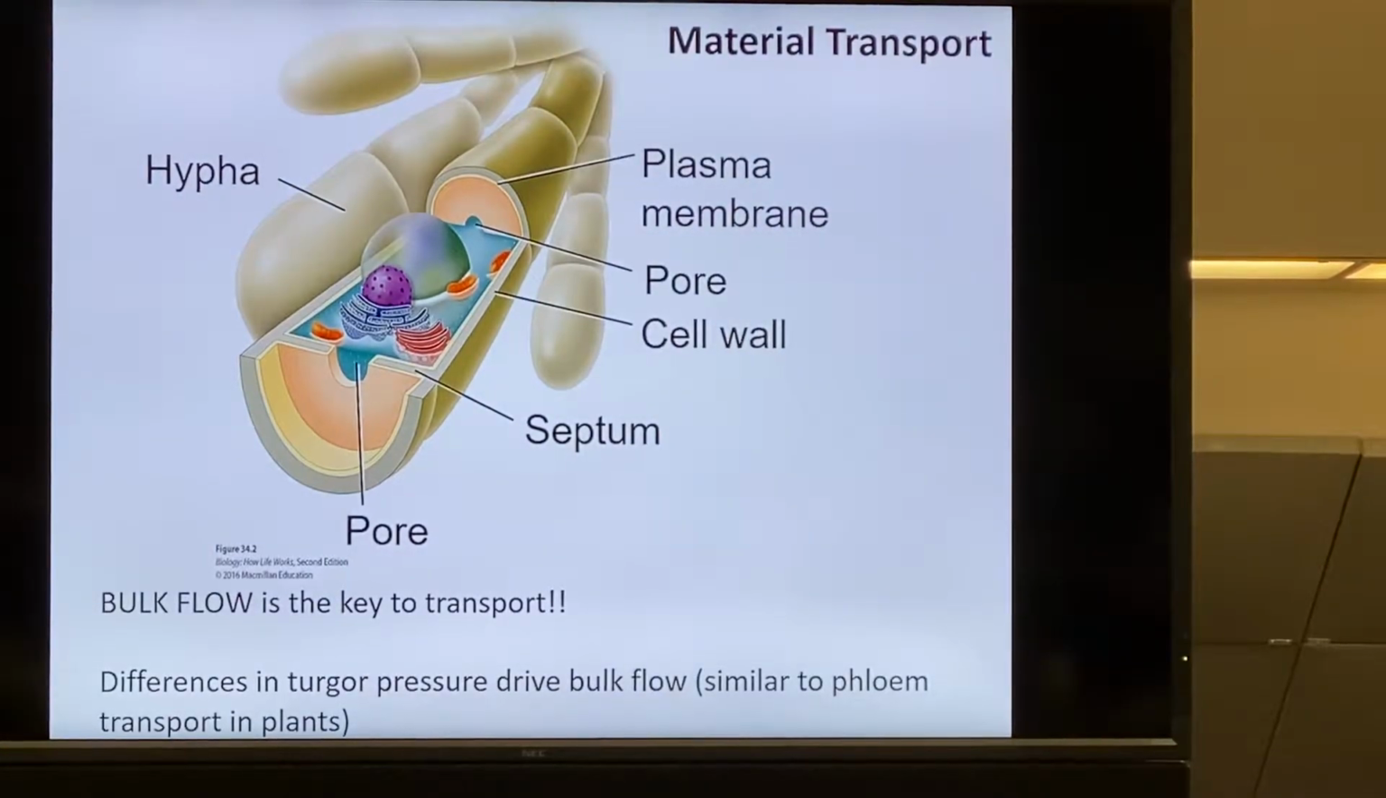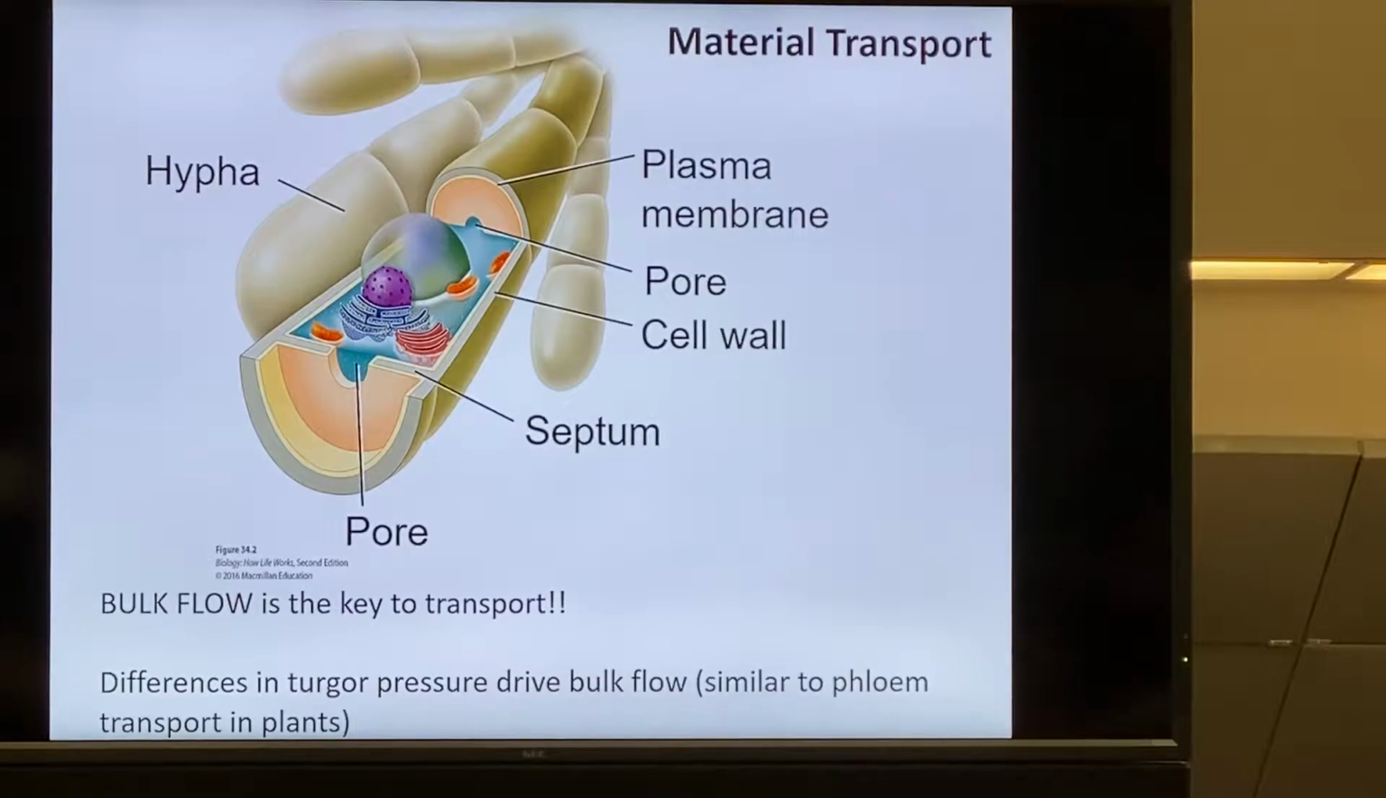Okay, so one thing that's going to come back into play here is bulk flow, everybody's favorite thing. This came up on your quiz, probably going to come up on another quiz. Bulk flow here is the key to transport. And so the idea here is that, similar to what we've talked about before, the differences in the turgor pressure are what are going to drive bulk flow. So similar to flow and